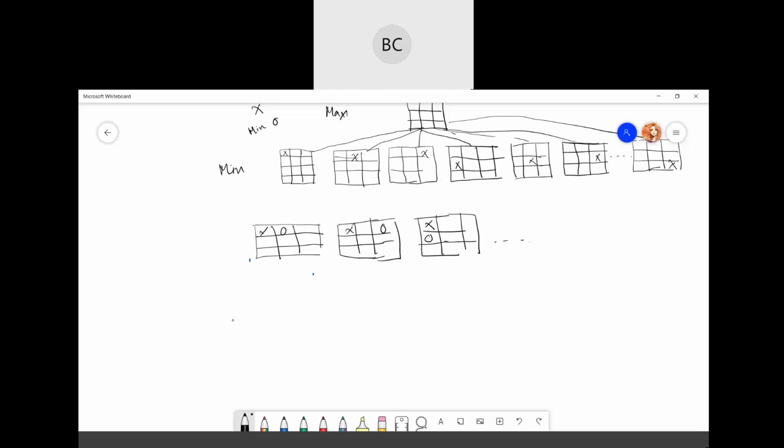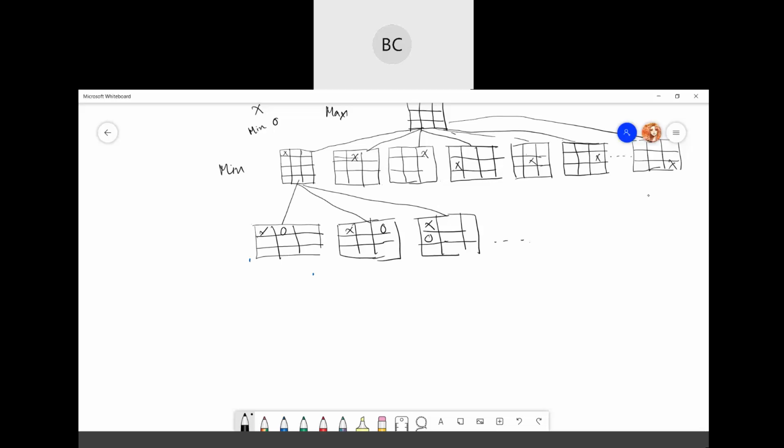Min will have one position fewer than the previous possibilities, correct? This is only for one move. And so on, for each position, Min will again have certain moves to take.